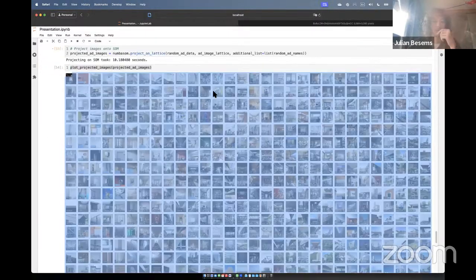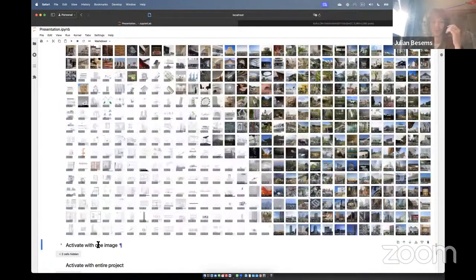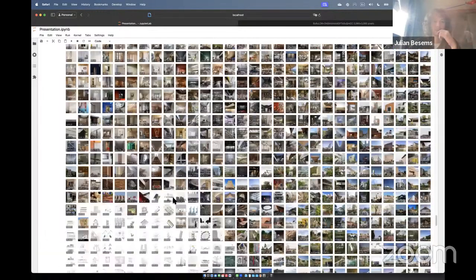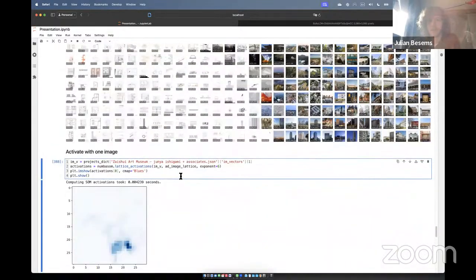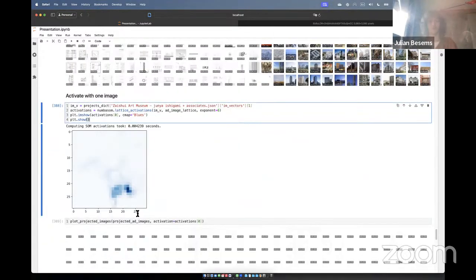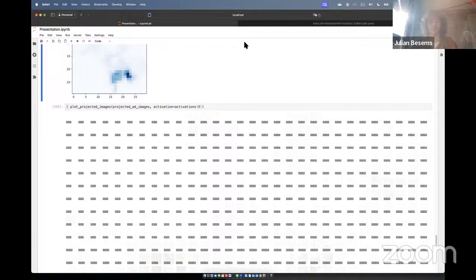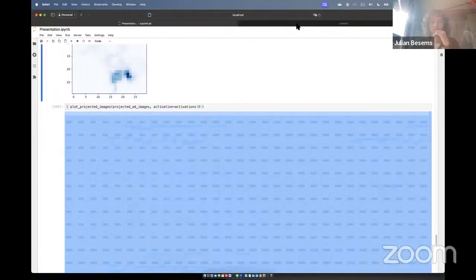But then it gets a bit more interesting if we start to interact with this. So if we take one image, we take our original image back and take the image feature vector and we activate that, then we see that that image likes other images in this particular area, which if I plot that one, so activator here, this is the highlights of where that image likes to sit and what it's interested in.